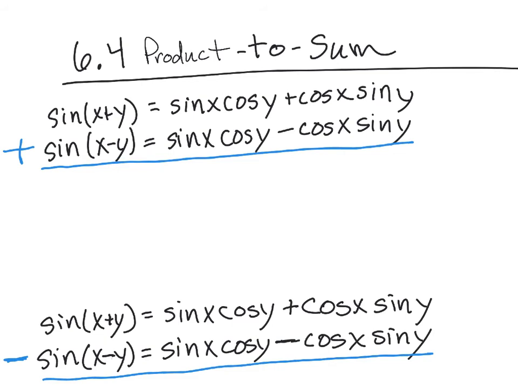Here I've written down the sine of the sum and the sine of the difference. Now, what happens when I add these two things together? Well, that's going to give you 2 of those guys. So I'm going to get 2 sine x cosine y. This is not a double angle because your angles are different. You've got to keep that in mind. When I combine these, they go away. That equals 0. So I have a product to sum